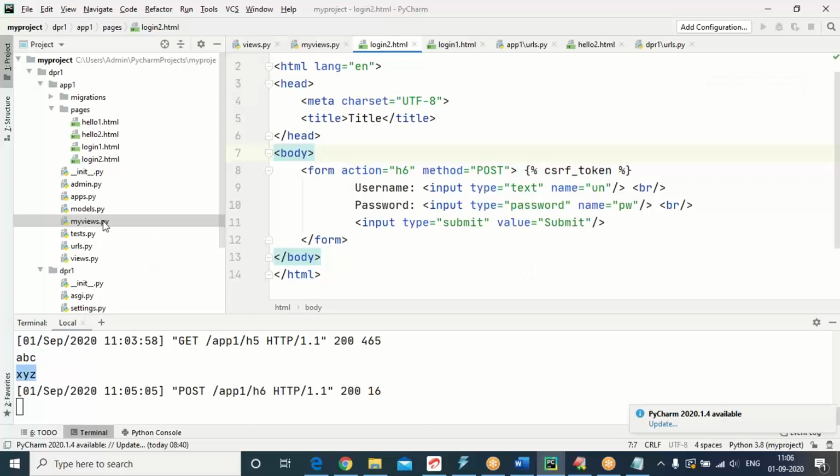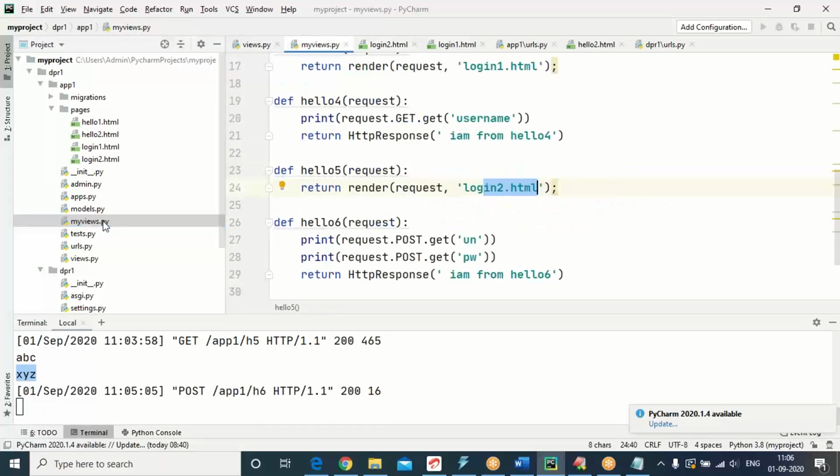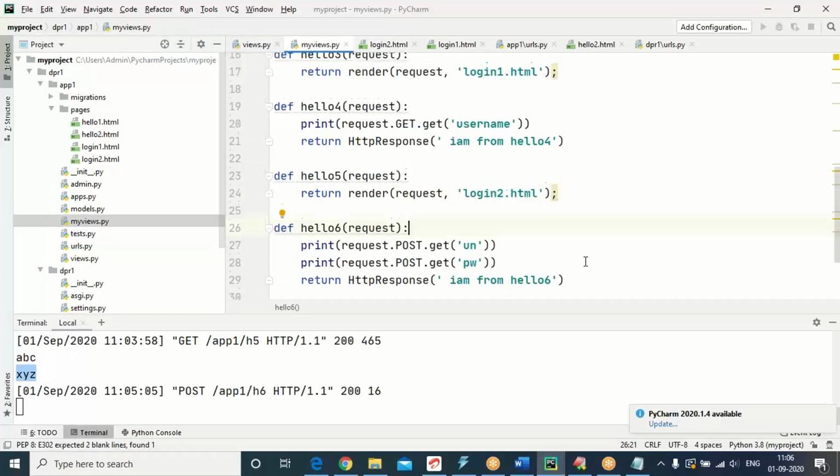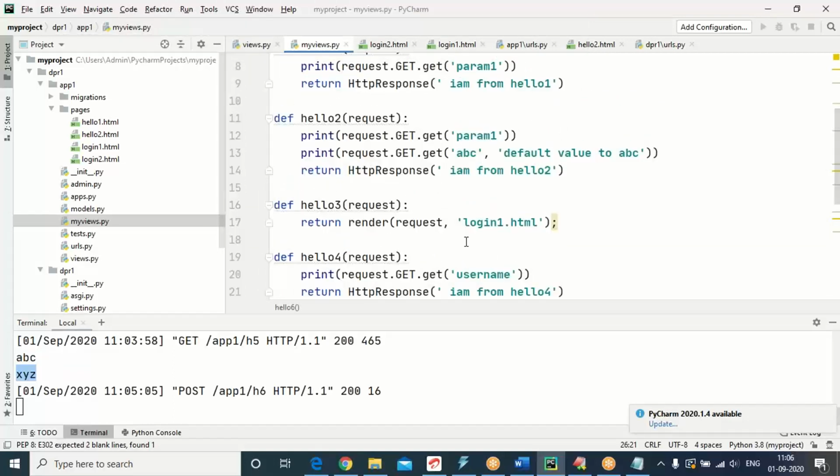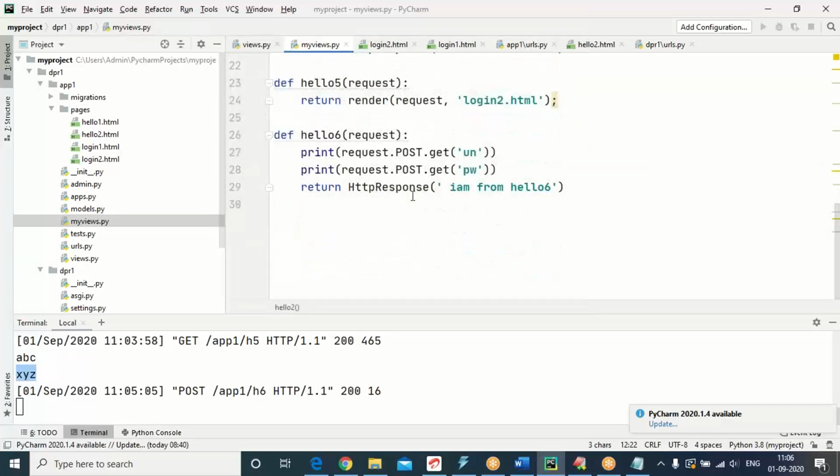How to read data inside view functions? Go to my view functions. These are view functions. In the view functions, how to read browser data, how to read input. If HTTP GET type, then call get function from the GET. If HTTP POST type, call get function from the POST. Request.POST, request.GET. Widely using these two only. In addition to these two, lot more are there. Put, patch, delete, lot more. But widely using these two.